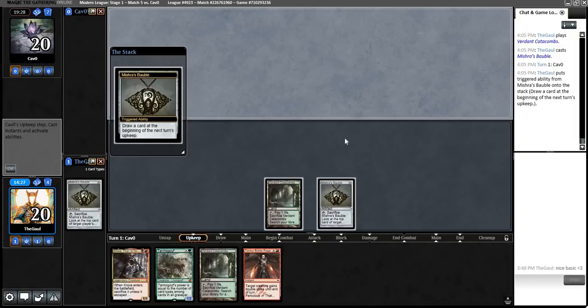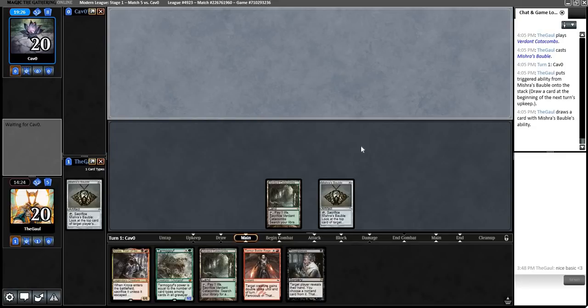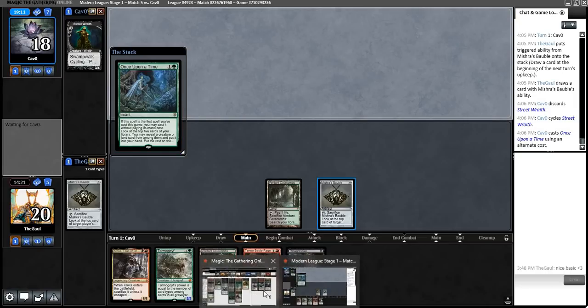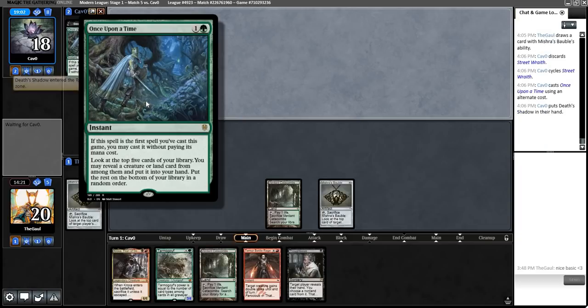We'll go ahead and draw our Thoughtseize. Then we're going to bobble ourselves again on the end step. The opponent's got all their free spells. Street Wraith into Once Upon a Time. We haven't really gotten to do the Once Upon a Time thing this league. That's been the one downside. We do have those in our deck, right? We sure do. Haven't really opened on them. Maybe once. Can't remember, but something like that. Feels bad, but...